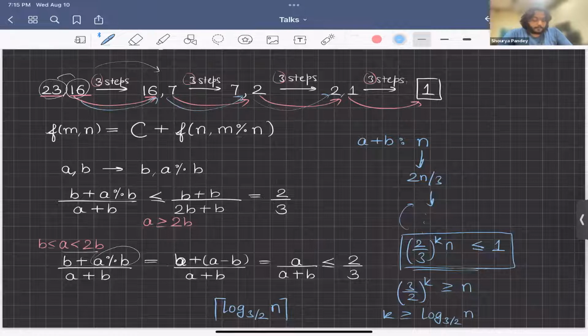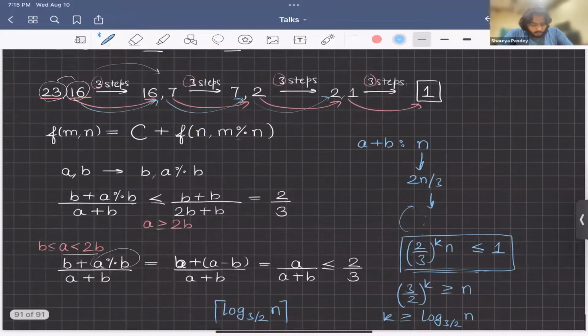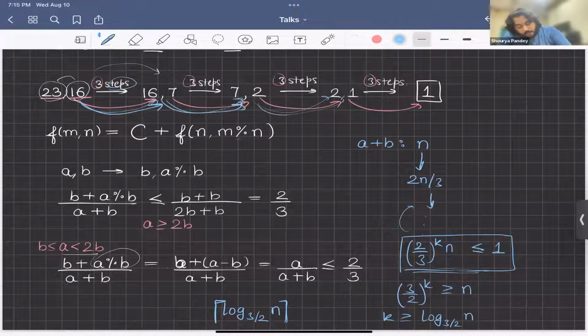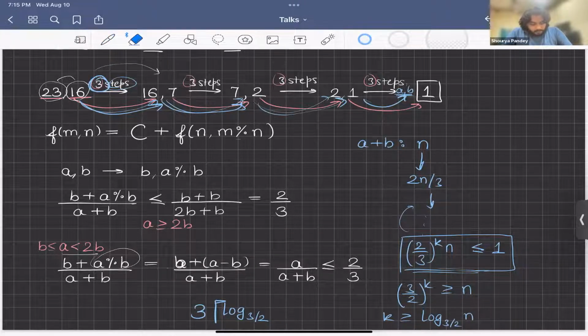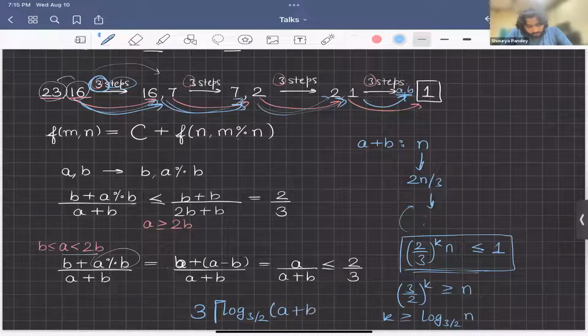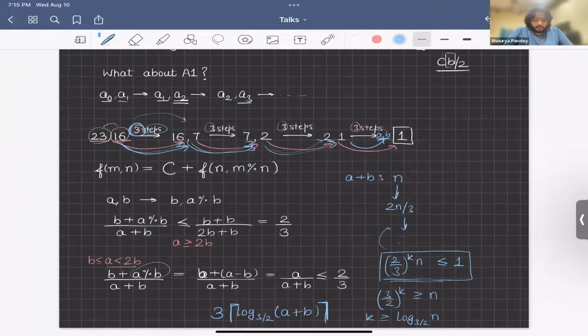Because if there existed two numbers for which these many steps are needed, then at some point we would reach two numbers that are both positive integers whose sum is 1, which is a contradiction. Maybe I need a plus or minus 1 here, but it doesn't matter, right? And so whatever number of steps is needed here, 3 times this is an upper bound on the number of steps needed here. Yes, but